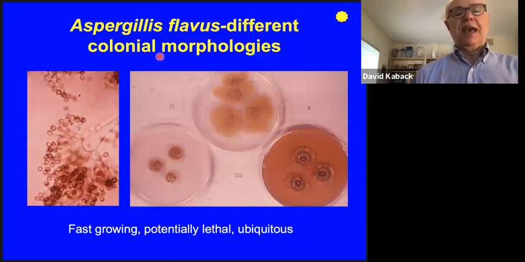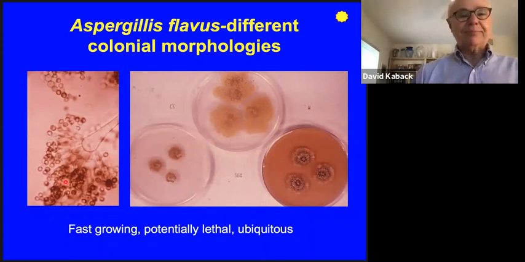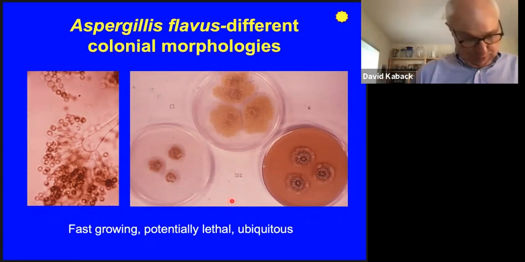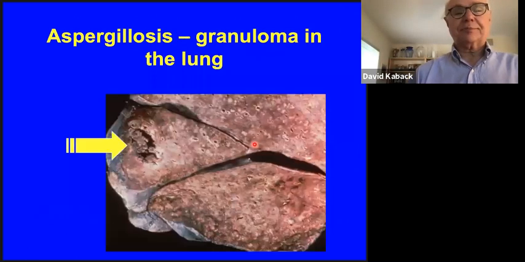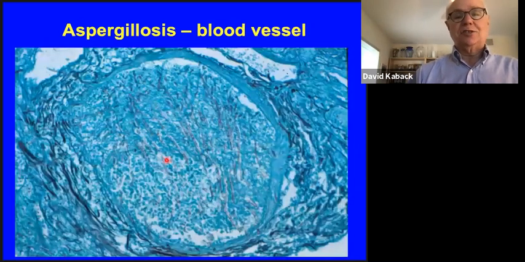Aspergillus is a bread mold, a food mold, very common out there. You put out a piece of bread and you'll see a green mold, that's penicillin. You see a yellow mold, that's aspergillus. It may be a little black. We see these conidia on it. You get an aspergillus infection if you are incredibly immunocompromised. It can also form granulomas in the lungs that ultimately actually still have live cells in that. It can grow in blood vessels, as shown here.